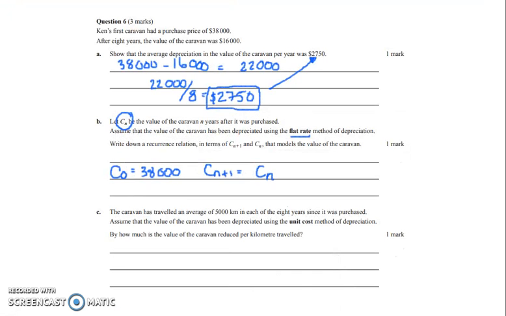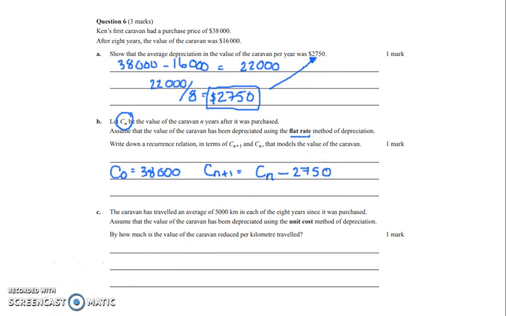So in this, because it's a flat rate, it's depreciating by $2,750 per year. So it's our starting value or our variable value, and then it depreciates. It's a minus the difference, and the difference is the depreciation. So there's our recurrence relationship formula where C0 is equal to 38,000, where Cn plus 1 equals Cn minus